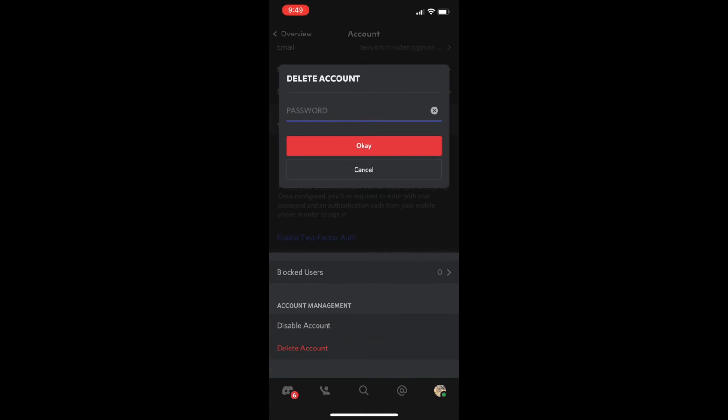Now, once you actually do delete the Discord account, you do have 30 days to reclaim it if you change your mind and you want to come back to the app. Otherwise, once those 30 days are up, it is permanently deleted and there's nothing you could do about getting it back, which is unfortunate, but you should only be doing this if you are sure that you want to delete